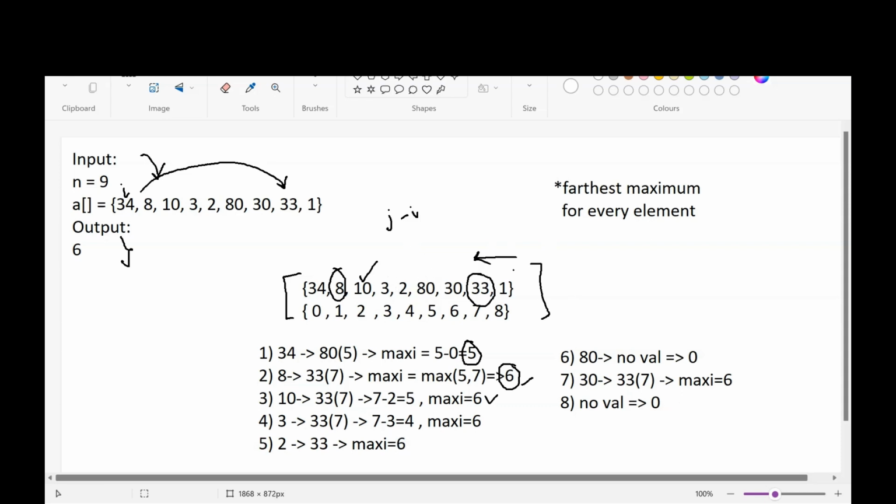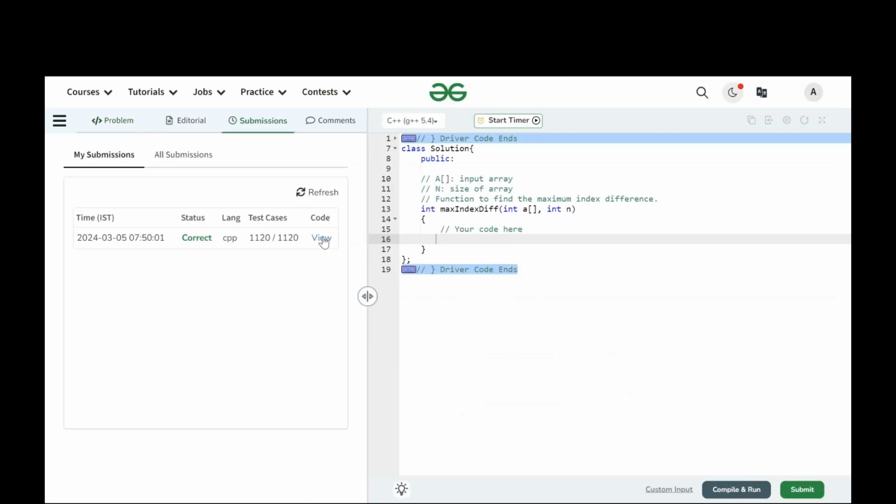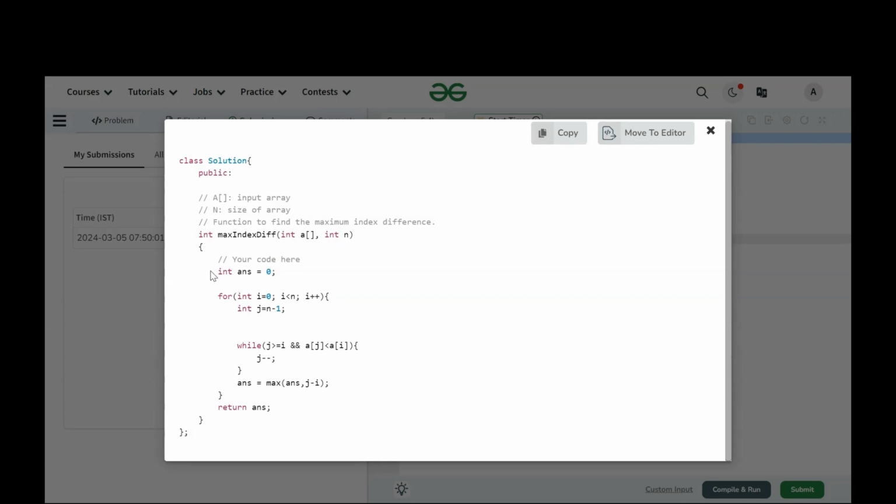What we'll be doing is we will just iterate through this array, and for every ith element we will start a loop from the end and find the first element which is greater than this element. We'll quickly go through the code once. So this is the code that we have. Now the answer is equal to 0. We will iterate through the array taking i as the index value. For every i, I am initializing a j that is equal to n minus 1, and we are iterating backwards.